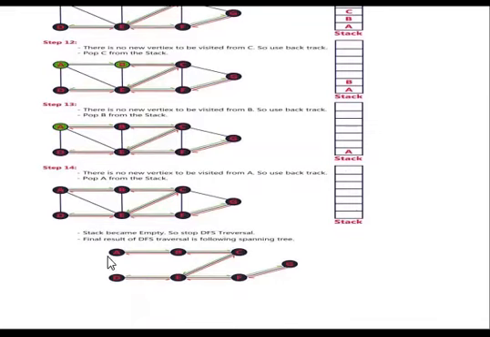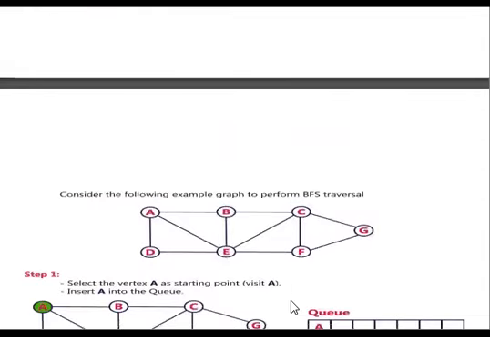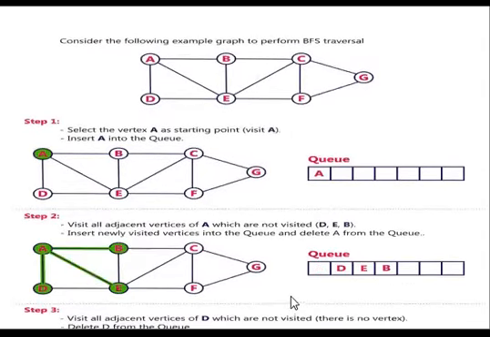Finally, we get the result: the spanning tree of the connected component. This is one of the ways of getting the connected component using depth first traversal. In the same way, we use the breadth first traversal method to get the spanning tree of the connected component, based on a queue.